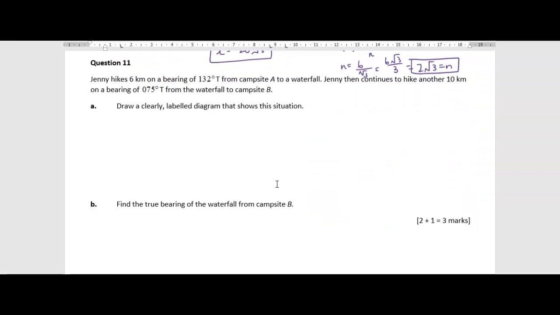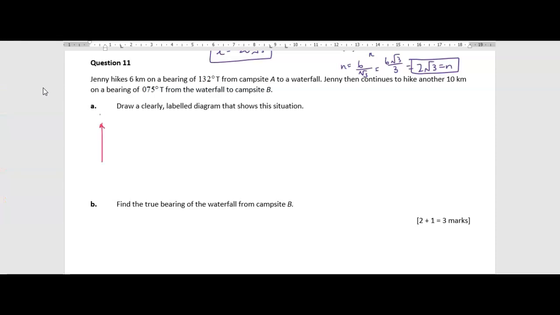All right, question 11. A bearings question, which students never really like, and there's no diagram here. So let's get this diagram drawn. So Jenny hikes 6 kilometers on a bearing of 132 degrees from campsite A to a waterfall. All right, so let's just draw